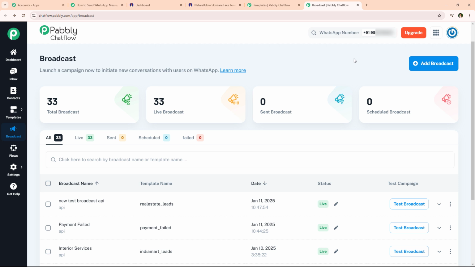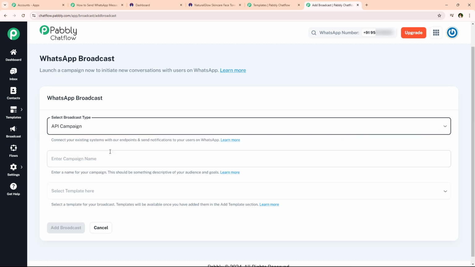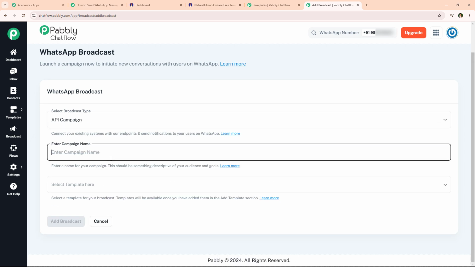Alright, so in order to create a new broadcast, we have to go towards this add broadcast option. And after coming over here towards the add broadcast, it is asking me to select the broadcast type. So over here we have to select it as API campaign, and now it is asking me for the campaign name. So let's say that I'm just going to select my campaign name as payment failed. Alright, so as you can see that I've successfully entered my campaign name, and now it is asking me to